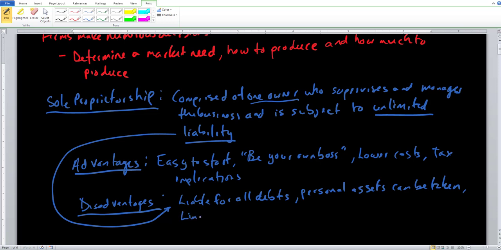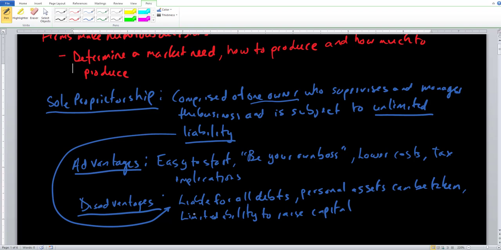So you also have limited ability to raise capital. If you need some type of financial capital, some type of money, banks and other types of investors are not as willing to lend to sole proprietorships as much as they are to other types of firms. So here, an example of a sole proprietorship, we have a lot of